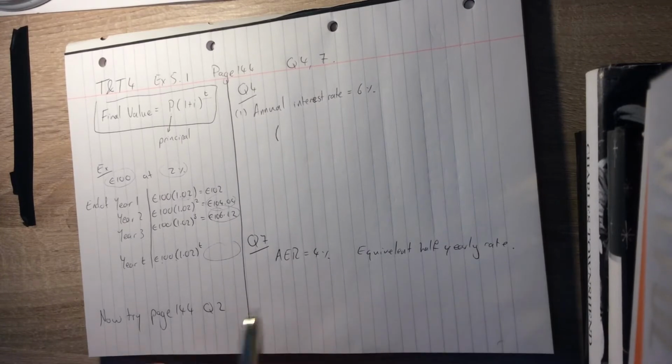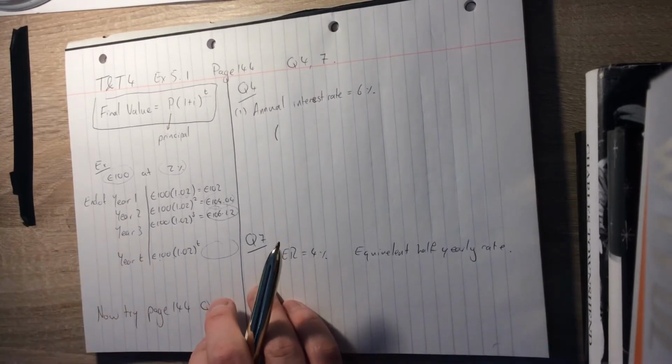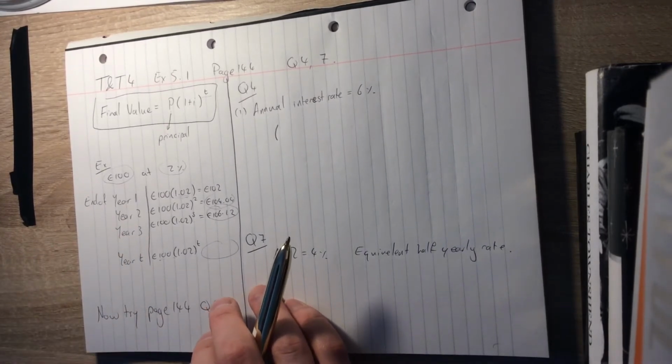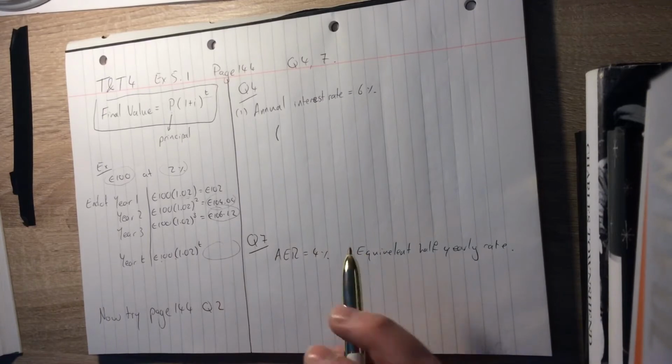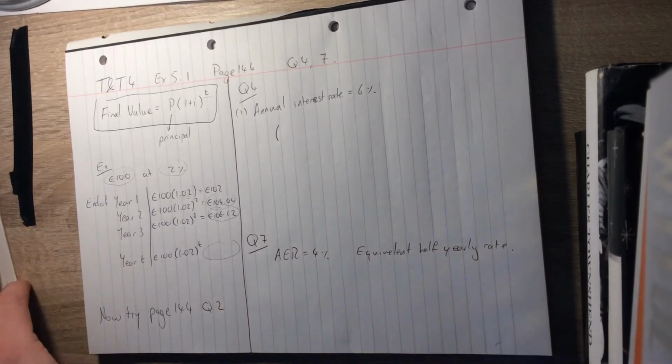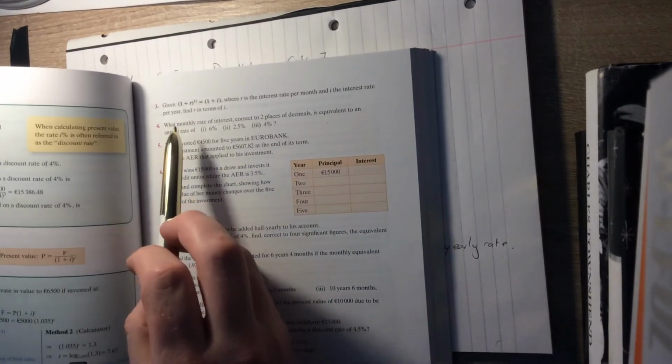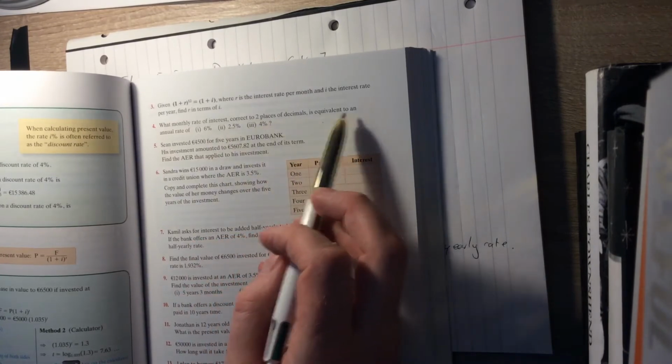Okay, hopefully you got that out. You can check the answer at the back of the book there. We're going to look at question 4, just part 1. Parts 2 and 3 are going to be part of your work that I'm assigning, but it's the same calculation every time. The question says, what monthly rate of interest, correct to two places of decimals, is equivalent to an